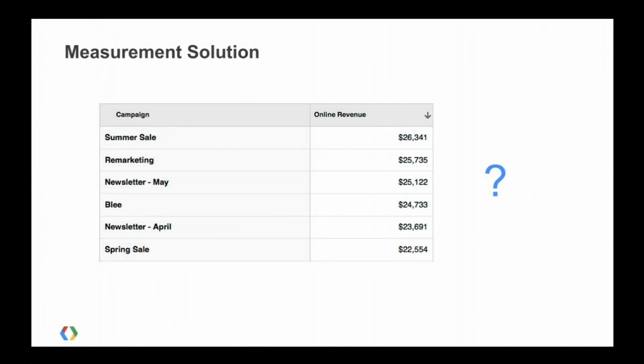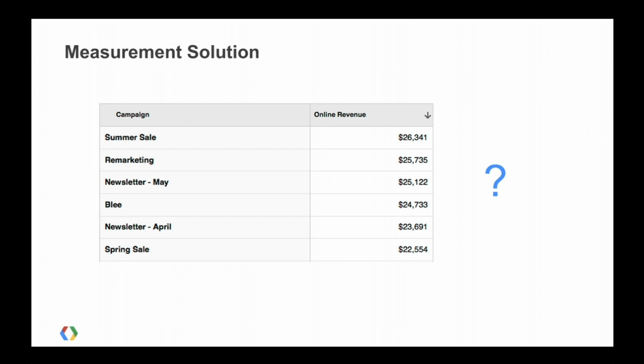So when you think about the measurement problem, and why this is important and how it looks today, this is a very basic and simple report, but it tells a story. If you were to ask somebody, based on what you see here, what do you think happened for this particular set of campaigns, I think the likely conclusion would be, well, they all seem to perform reasonably well, but they're all kind of the same. They all generated around $25,000 or so in revenue. So if you were to follow up and ask, is there any particular campaign we should pay more attention to, maybe one that we want to optimize or spend more money on, it'd really be difficult to determine this.